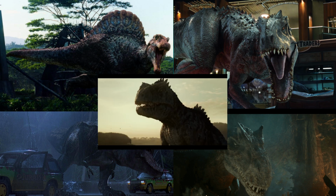Now the difference between this one and maybe the Spinosaurus and the Indominus is that the Indominus, firstly, is a made up creature and it's a hybrid, and the Spinosaurus isn't really scientifically accurate at all. Now I know most of these animals you could probably arguably say that none of them are scientifically accurate, but for the sake of the argument of this video, Gigantosaurus being a brand new addition, I guess they can have a bit of leeway. It does look pretty similar to the fossil record from what we know,